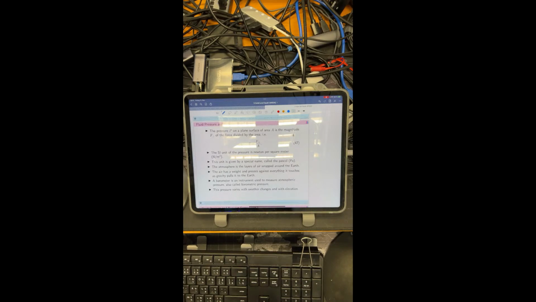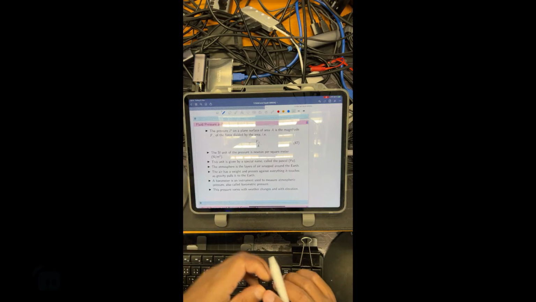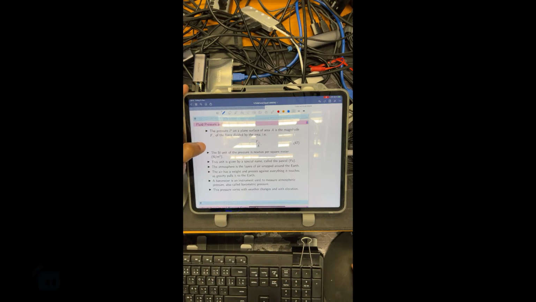Alright, so we're going to go ahead with the next topic, the pressure. We need to introduce somehow the density, which is a typical term, and it's very normal, this term, the pressure P. The pressure P is defined as